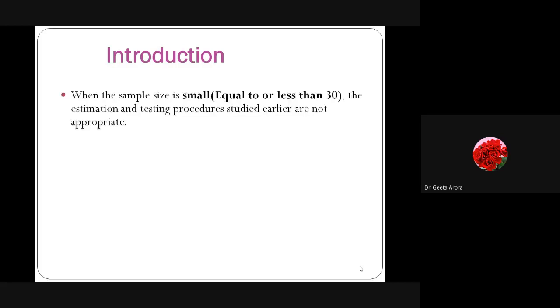One thing is when to implement the t-test: when the sample size is small, equal to or less than 30. We have seen in the z-test that it is greater than 30. So here we are saying equal to or less than 30. So write it down as a main key point, the difference between the implementation of z-test and t-test.